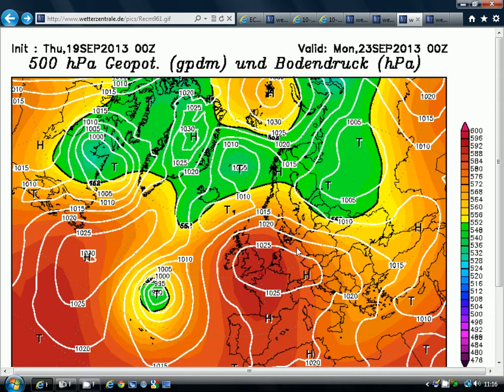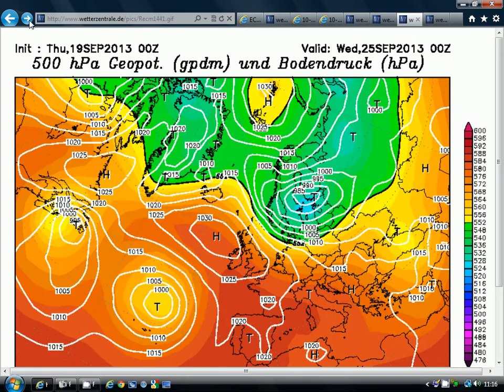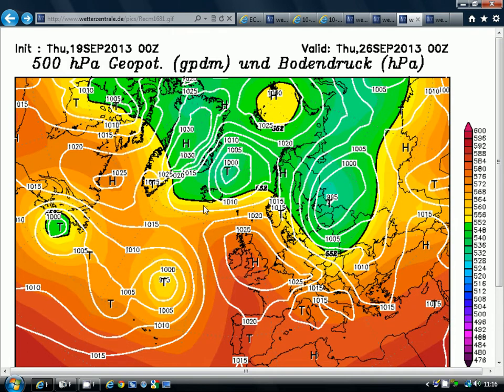The ECMWF has that mid-latitude high pressure over the country at the start of next week, so it will be a warm start to next week. Then it takes high pressure out to the country, tries to bring that cooler air down. We do bring it down somewhat, but probably not as much as on the GFS. But that high pressure is more or less sitting over the country as we go through into the middle of next week. I think next week is going to be mainly settled and dry. I have to say, I don't think we're going to have much precipitation at all next week.